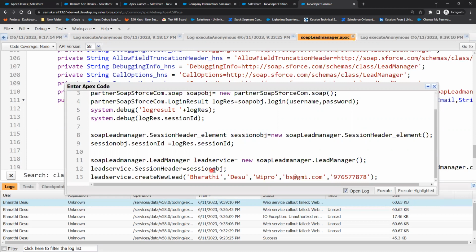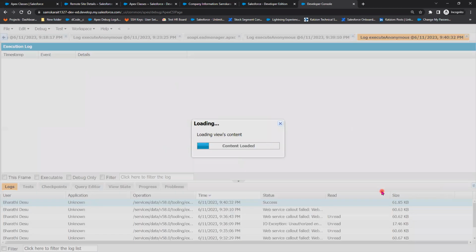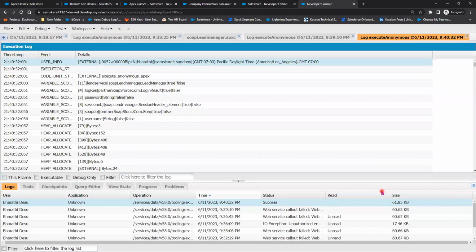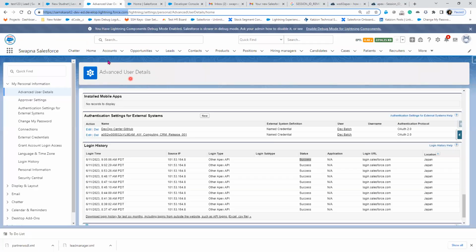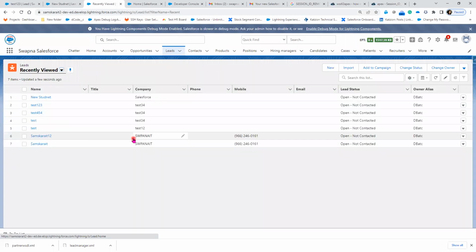Session object. Now let me see right now. Click on execute. Let me select it. Yes, it is working. Okay, now it is created here. Now let me go back to the server. Now in the server side, if I go to the lead,